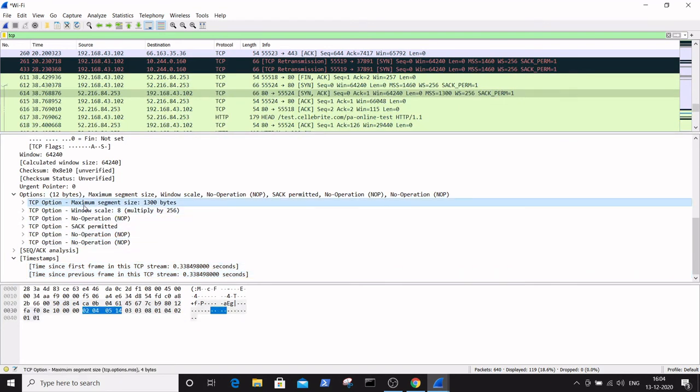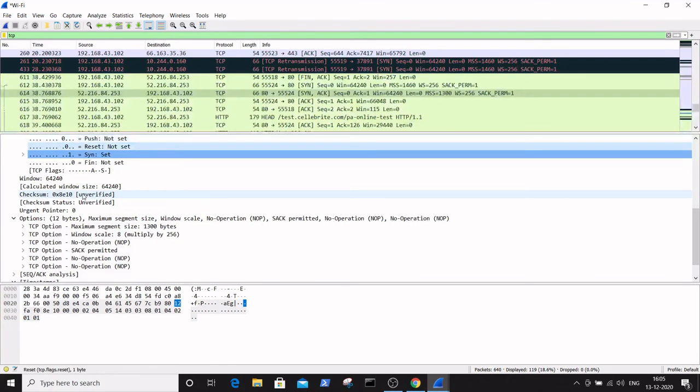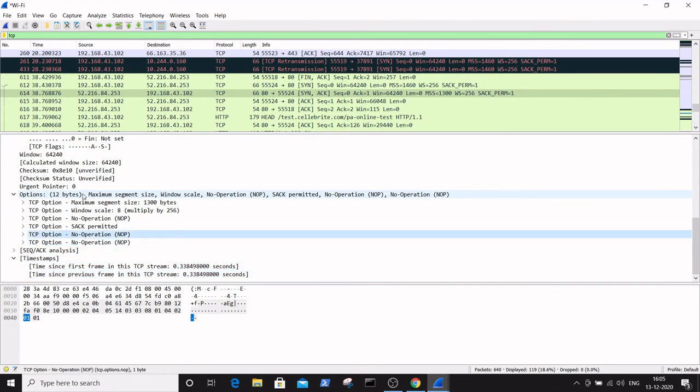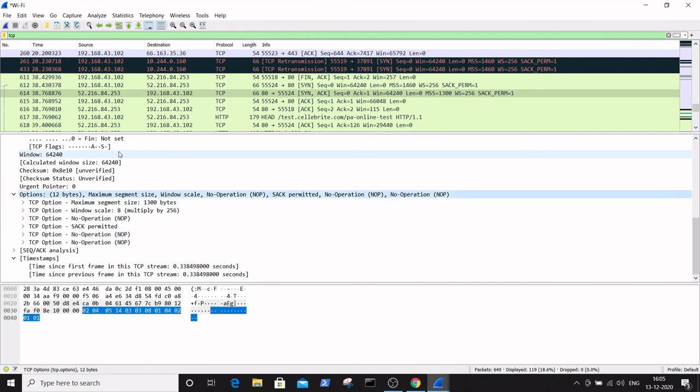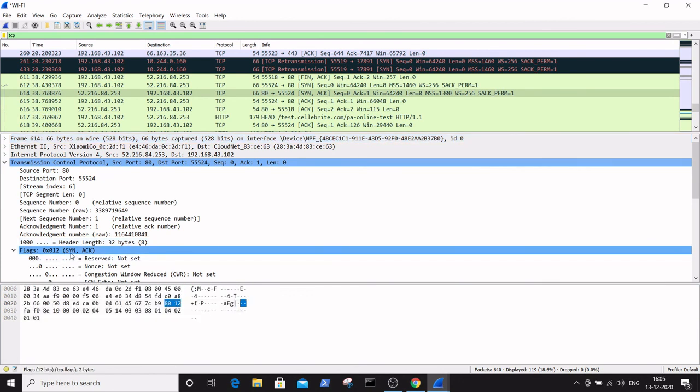So these are the options that are set. Okay, these are the values that are obtained by the TCP, transmission control protocol header, and the only flags that are used are SYN ACK.